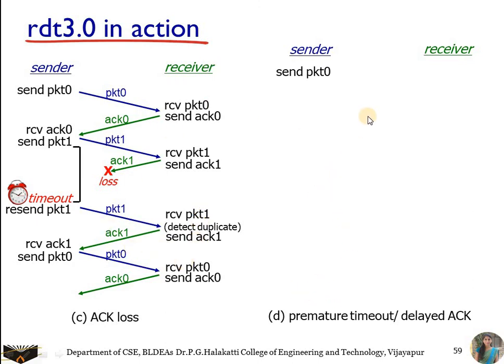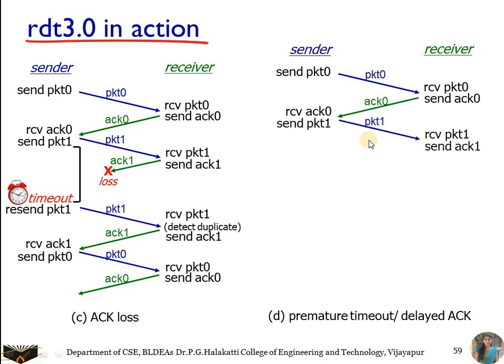Fourth one is delay, that is, the timer times out, and after that an acknowledgement appears. We can see that here. Okay, you can see here packet 0, no issues. We have a packet 1. Packet 1 has been sent from the sender to the receiver, and the receiver has sent the acknowledgement, but it does not arrive at the sender within the timer. So you can see a delay here. It is going to arrive after a certain amount of time.